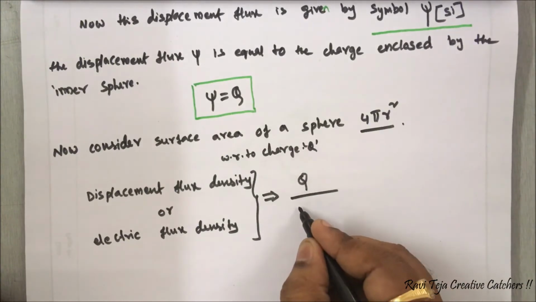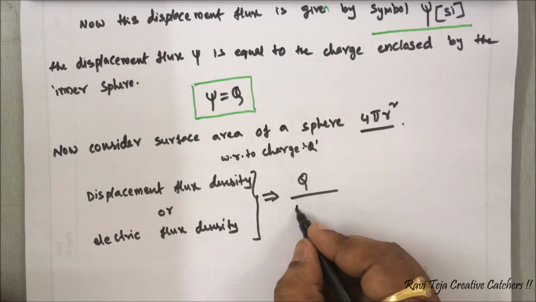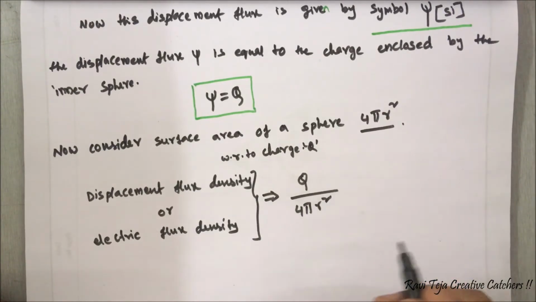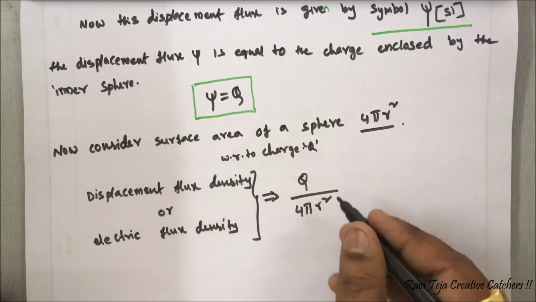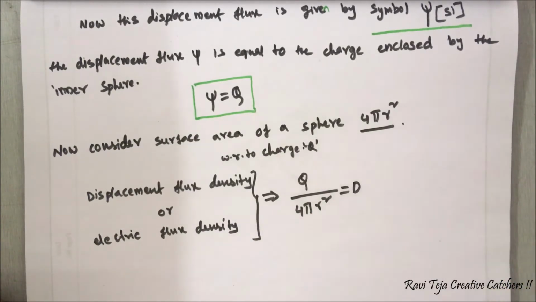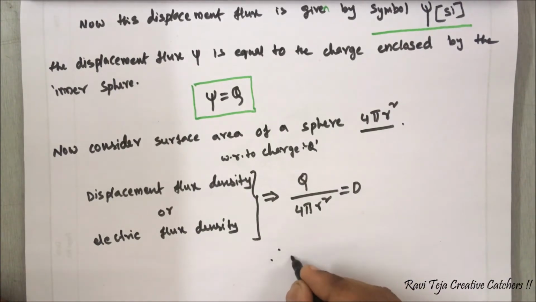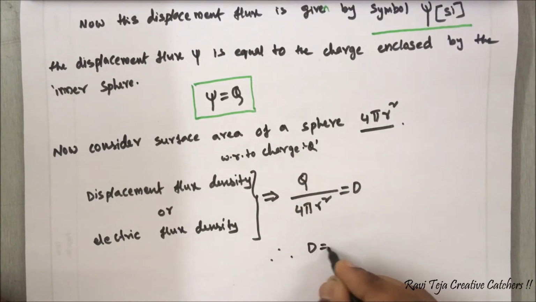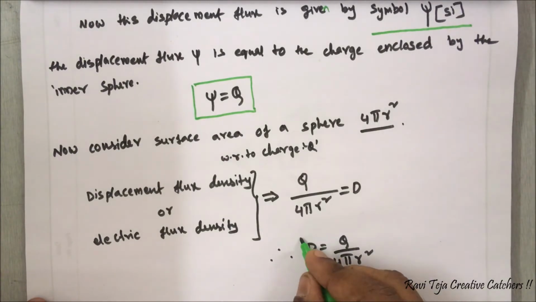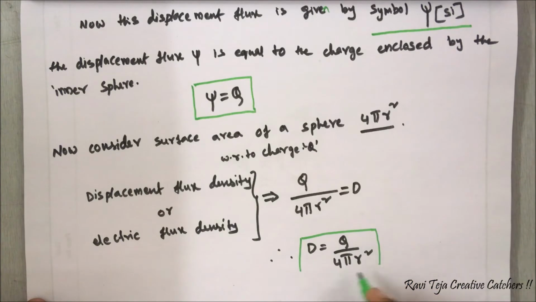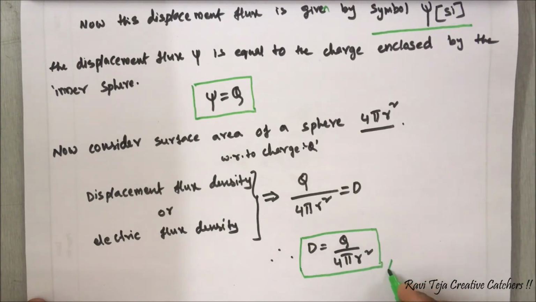charge by area of the sphere, surface area of the sphere, 4 pi r square. Okay, so this is nothing but density, displacement flux density, and electric flux density is given by D. Therefore we can write this as D is equal to Q by 4 pi r square. This is the density with respect to the charge and surface area of the sphere. This is what we got. Okay. Now